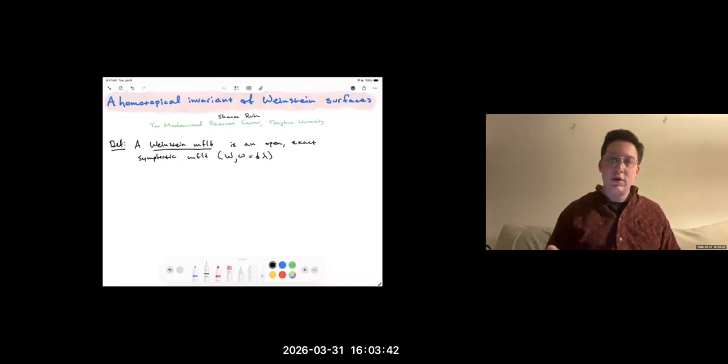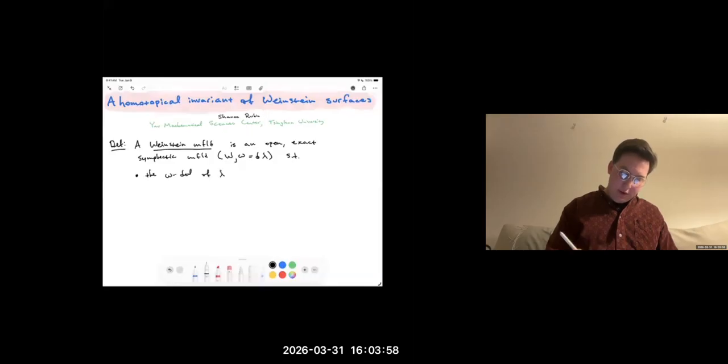So that's a non-degenerate closed two form. Since there's a one form and a two form, there's a dual to the one form: the omega dual of lambda, which is a vector field V,